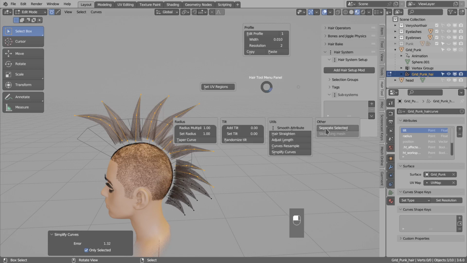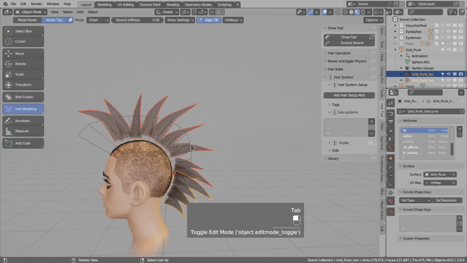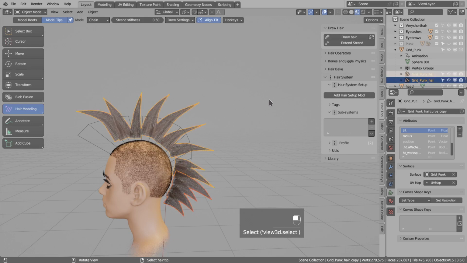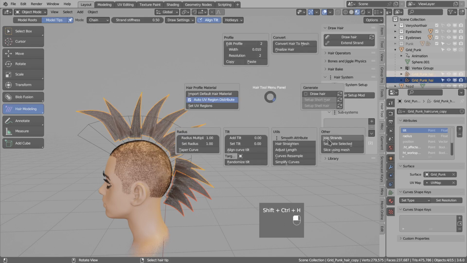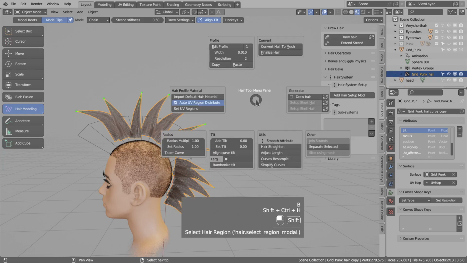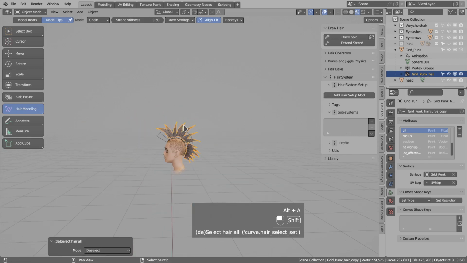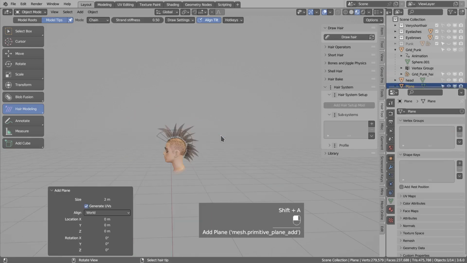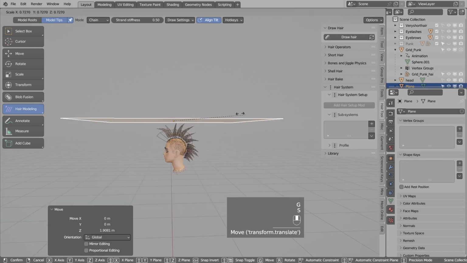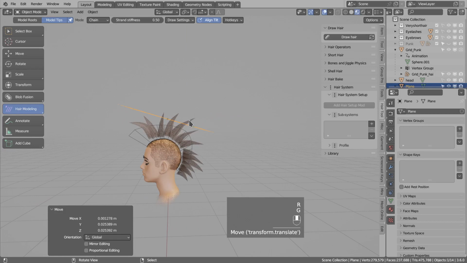And the last section is about separation of the strands. So visually nothing changed, but if I go to object mode, you see we now have those two objects. I can use Ctrl Shift H and join them back together. And lastly, there is an option to slice curves using mesh. So if I add maybe some plane, move it into this position, and select both the curve and this mesh,